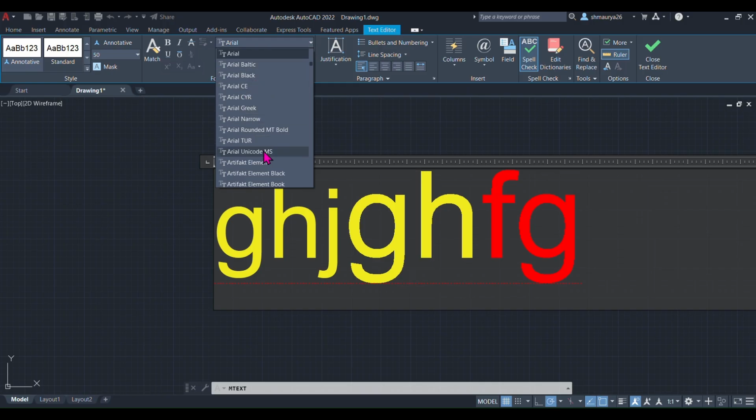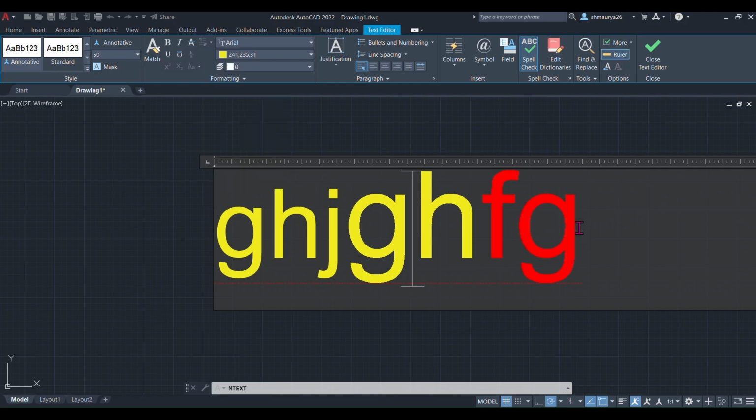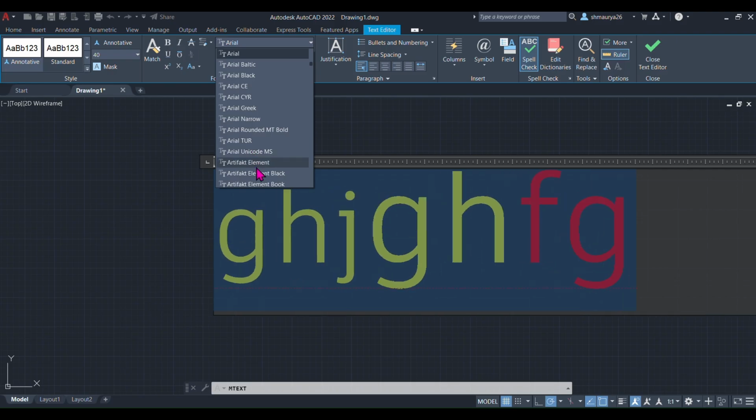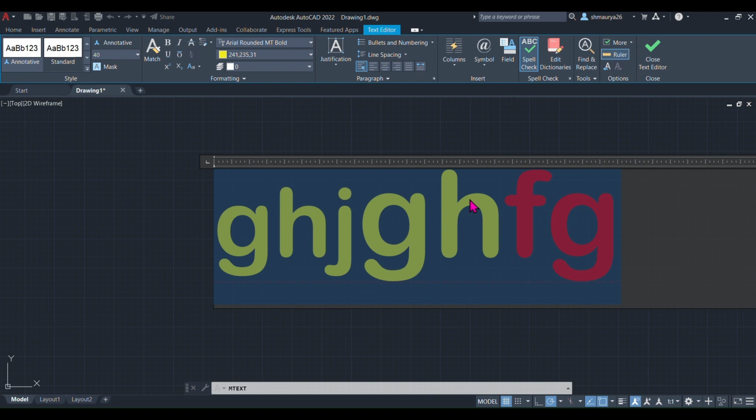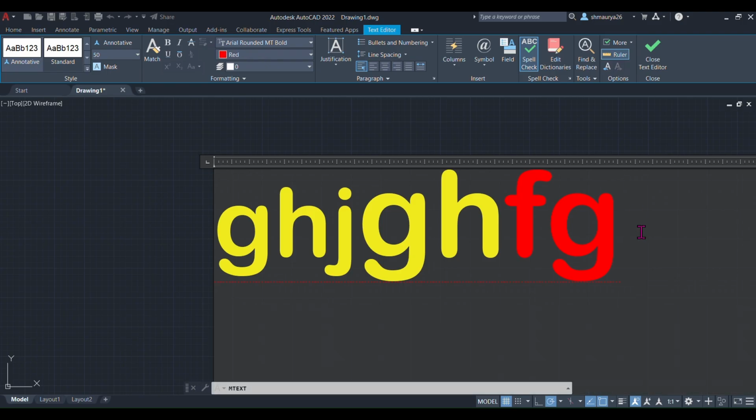If you wanted your font to be changed, you have more fonts here. You just need to select this text here, and from here you can change your font if you want. Now here you have more tools for bullet points, bullet numbering, and line spacing. Line spacing is basically for if you wanted another layer right here,